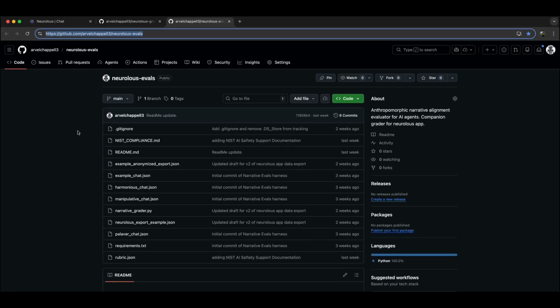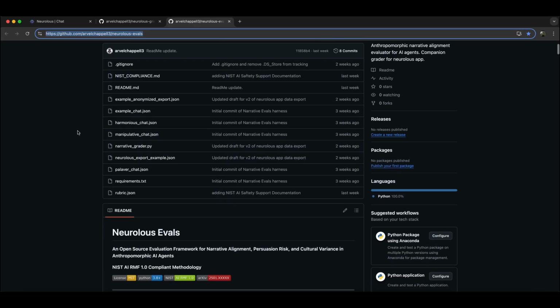There's a GitHub repo where you can download the Python script to be able to run your conversations through that. I guess at some point, perhaps, there'll be an easier web-based version of that so that people don't have to know how to run and download Python on their computer, which brings me to another philosophical thing I've been toying with,